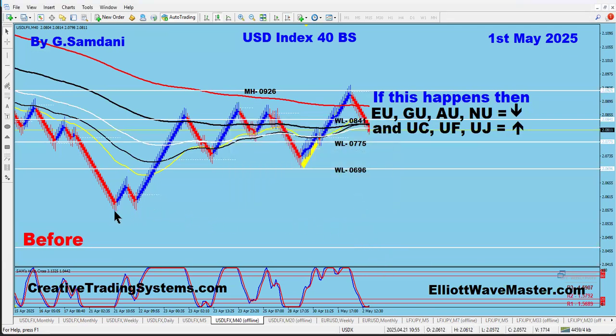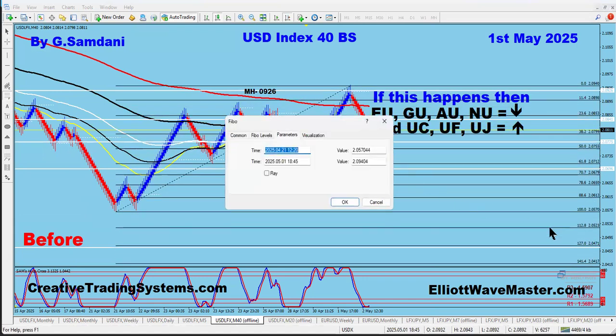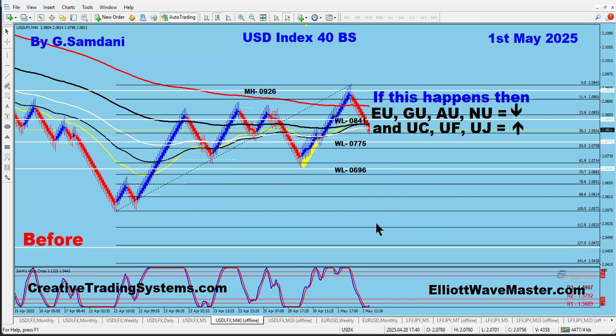And if you look at this rise here and then the extension, you see how much it's in line with this extension level 127. So this level, and this number, 0464, is the one that I think we are now going for. And doing so, USD is going to get weaker again, right? So if USD is going to get weaker, then what's going to happen?